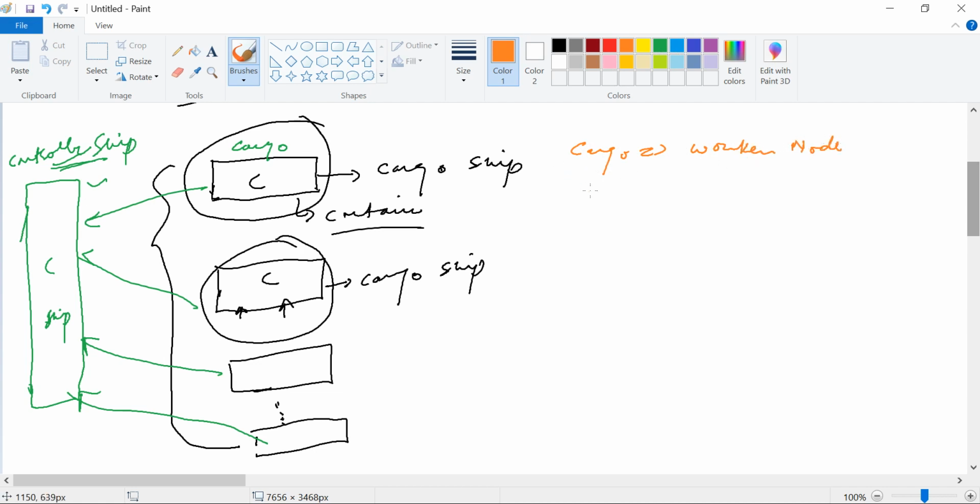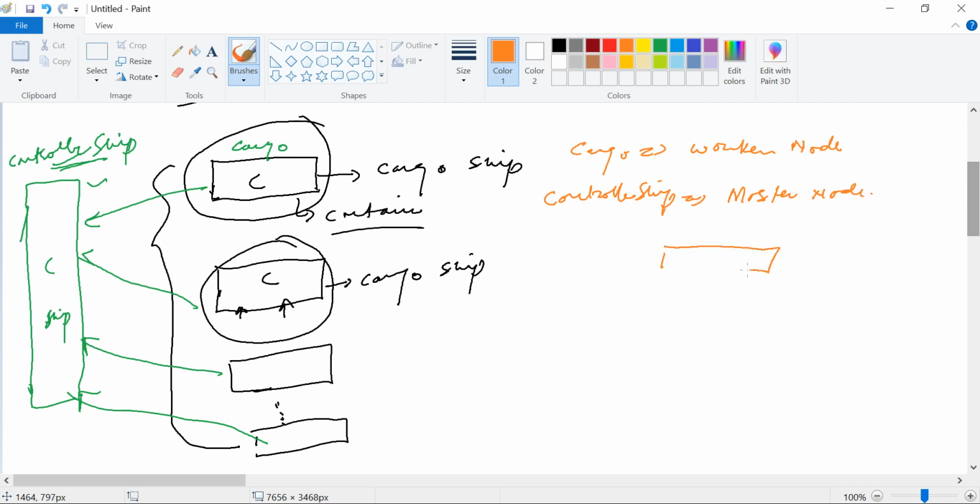And the other one, the controller ship, is called the master node.